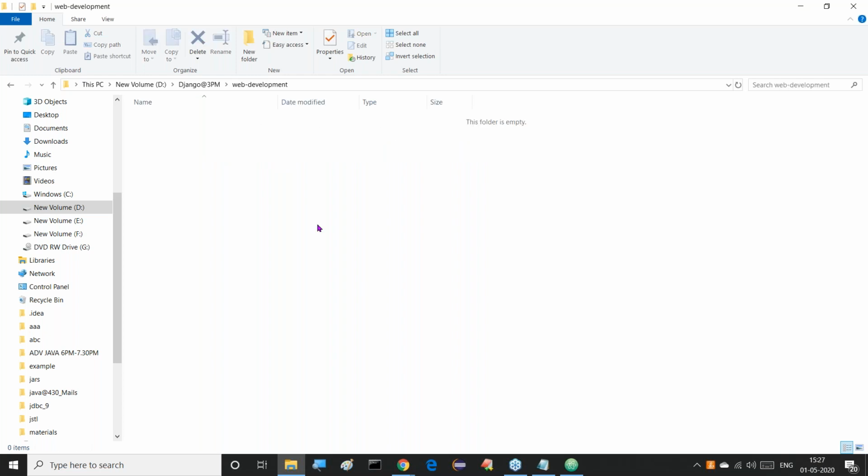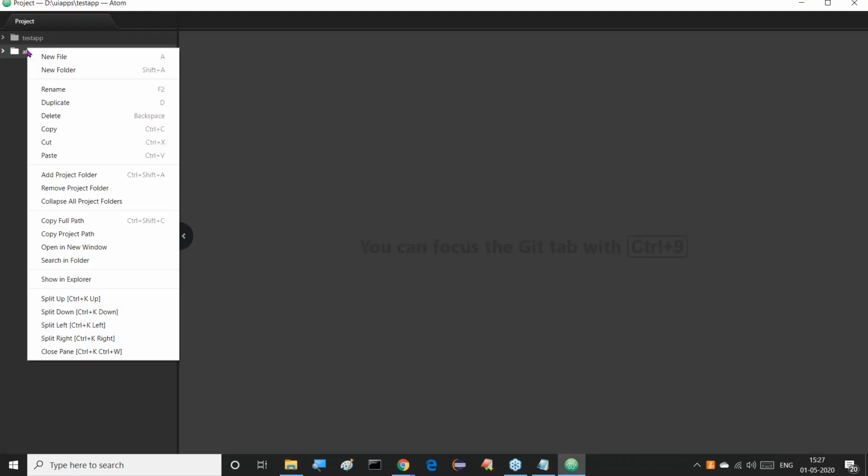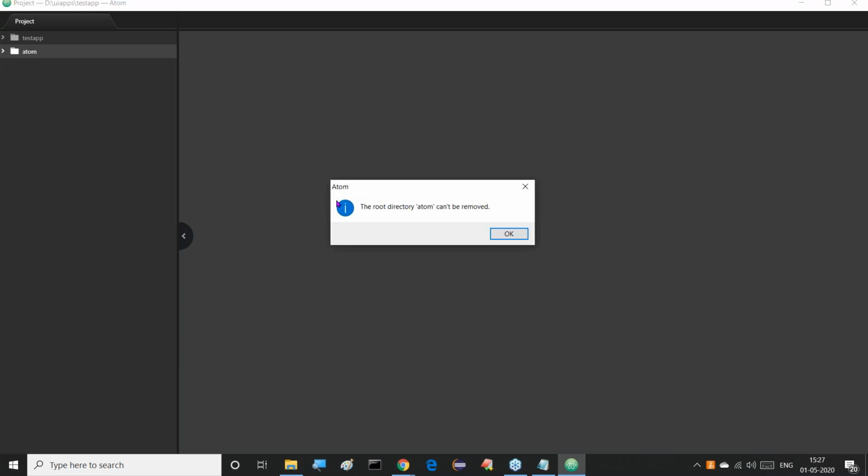Right, sir. Inside this web development, I want to prepare an applications folder. This is a folder for my web applications development. Then I want to prepare another folder, projects. This is my workspace where I want to prepare a number of projects. That's my requirement now. Right, sir. Already I had a few projects there. Let me delete these projects here, not required. Later I will open them.